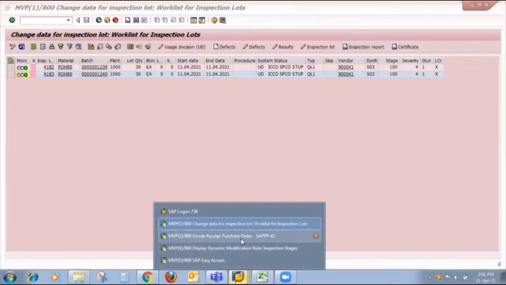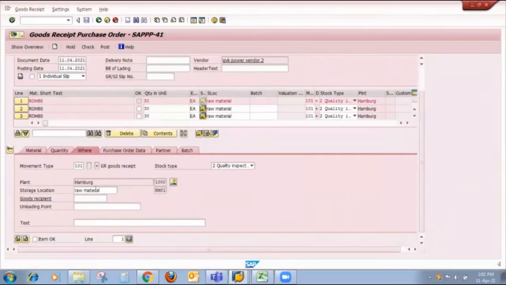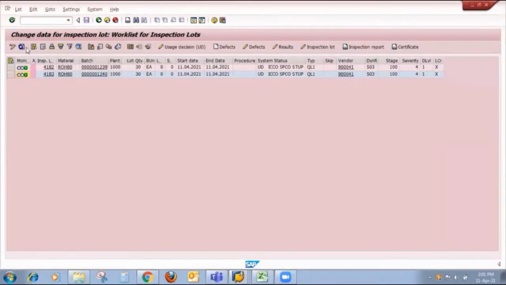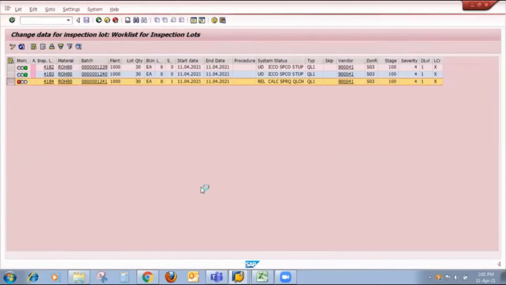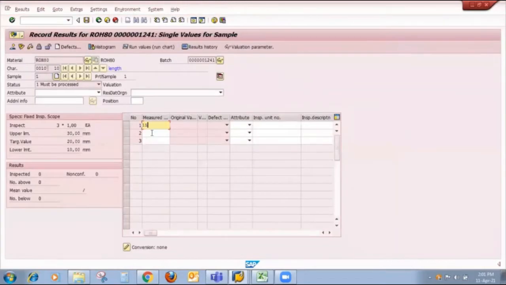So now I can create 2 more inspection lots with the help of GRN and follow the same procedure, which you will see on the screen.